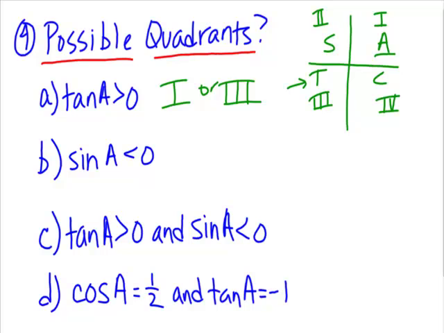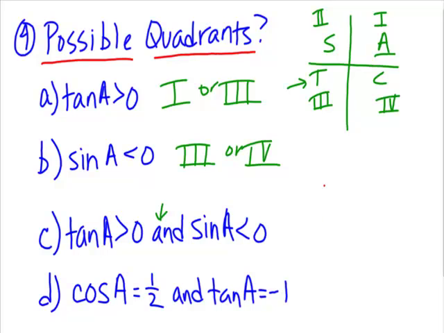Now I can use my little labeling here, or for me, really, when I'm thinking more of sine, I just say, hey, where are the y values less than 0? And so that would be in quadrant 3 or quadrant 4. Now, what if these two guys join forces? So basically, if I have this "and" situation, then my first step is really, well, where do I find tangent to be